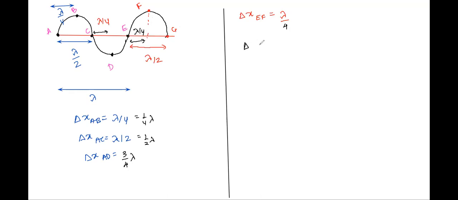Now tell me what should be the path difference between C to F. Try. From the figure, you don't have to calculate. Just see and tell me. See, this is the path difference. I'm writing it here, C to F. It's 3 by 4 lambda. Very good, very good. Is the concept now clear?